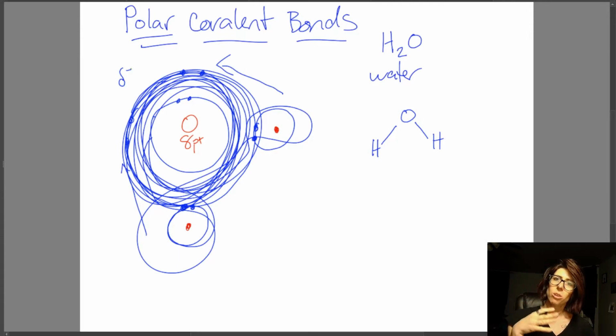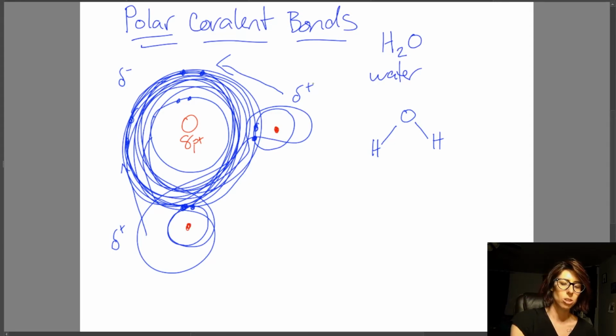These electrons do go back to the hydrogen. They just spend more time with the oxygen. And when they're all around the oxygen, it gives the oxygen a negative charge, which then flickers and goes away when the electrons go back to the hydrogen. It's like a flickering negative charge. And meanwhile, conversely, the hydrogens each have a positive charge associated that's also weak and flickering, a partial positive charge